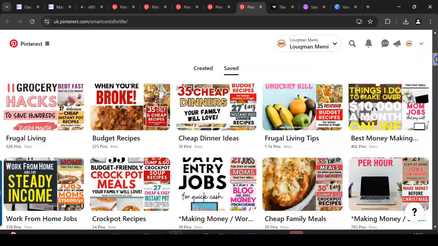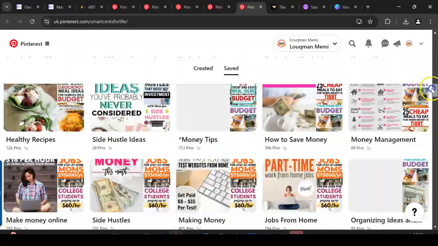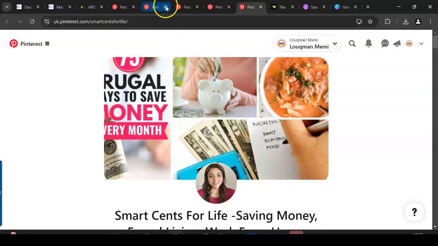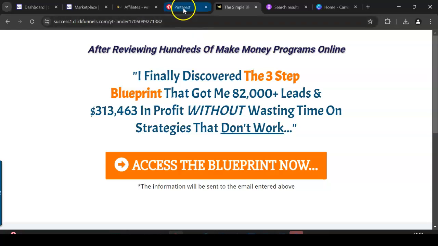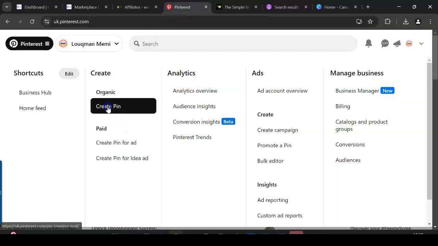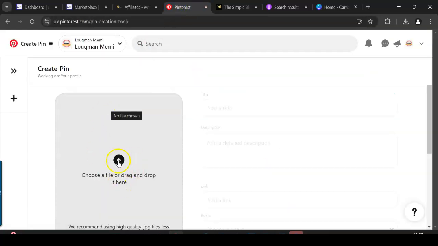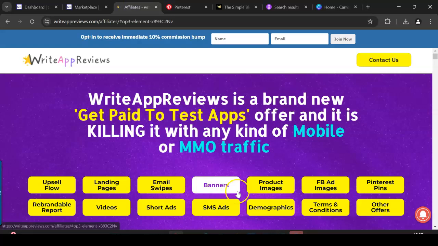So these are all the pins that she has created. You can see here. Okay, so now we're going to do the same thing. I'm going to show you how to create these pins. So if I just come here, I'm going to create a pin. There are two ways to do this. Basically you could either drag the whole banner that you just took from ClickBank